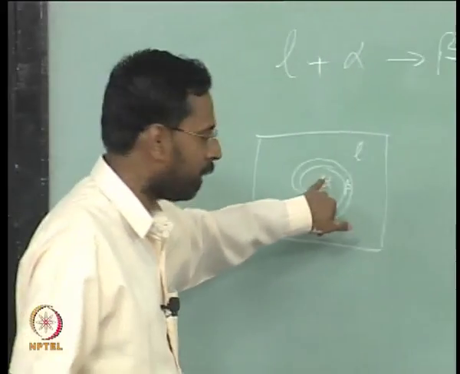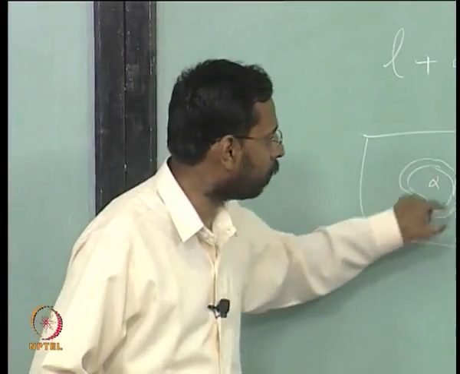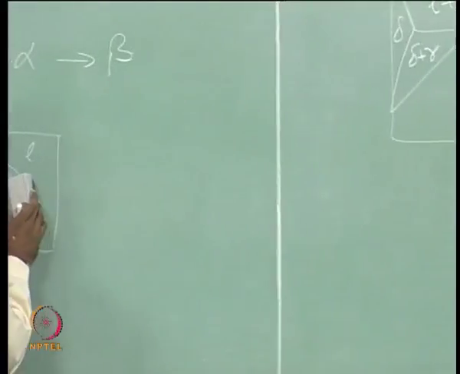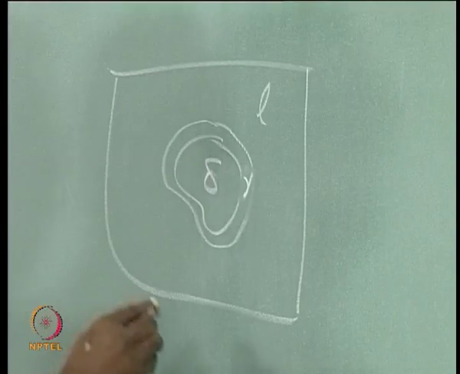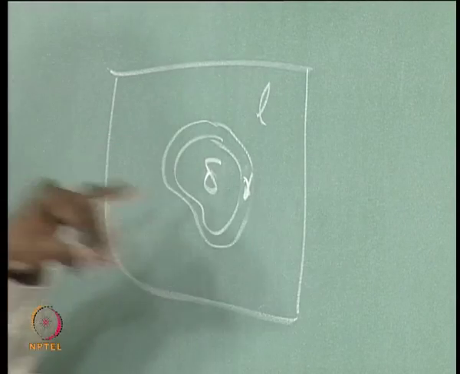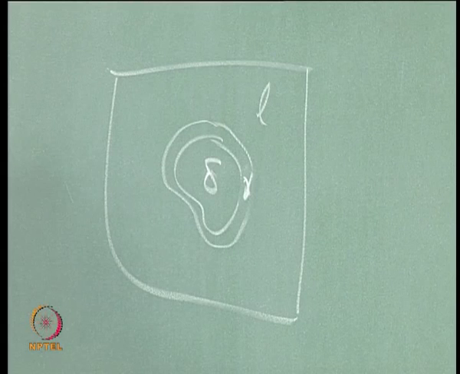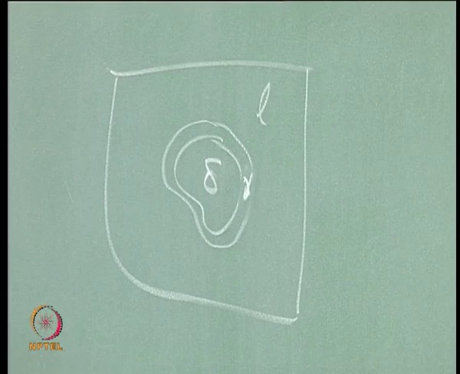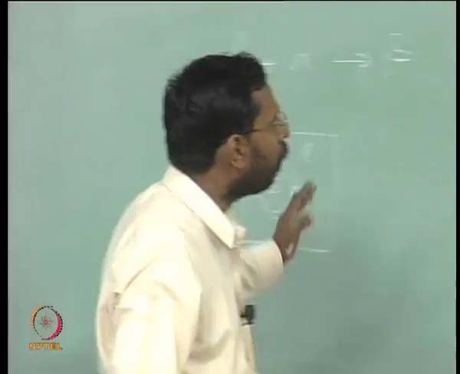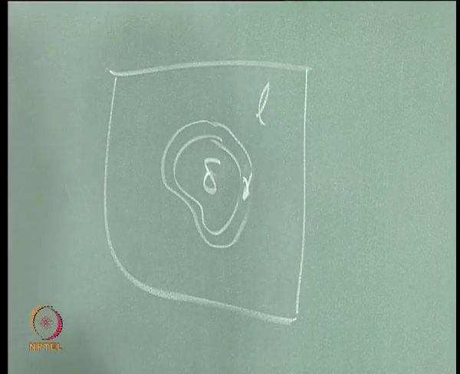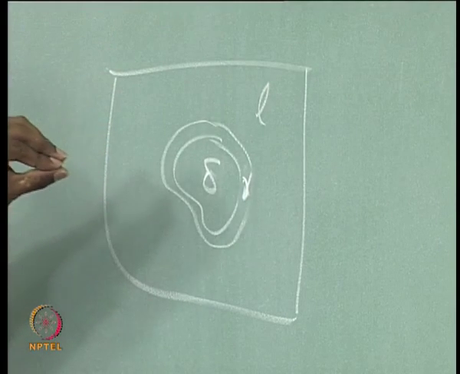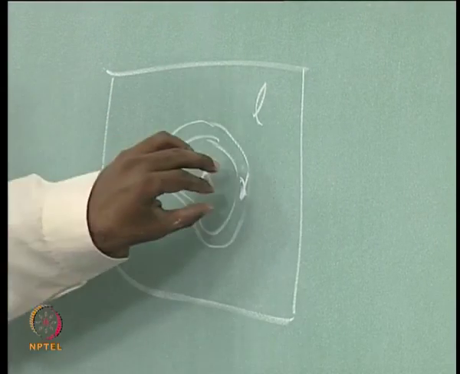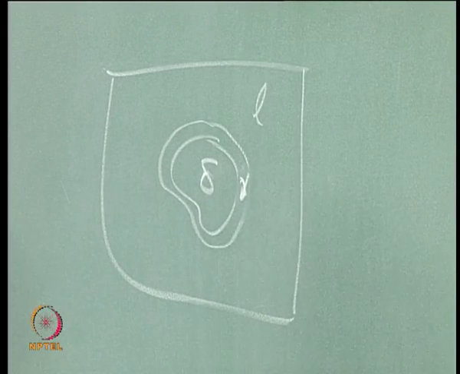But what we are seeing here is, the moment there is a reaction, the gamma that forms, I will write it as gamma here for the sake of that particular case. So, this is what it is. Liquid plus delta giving you gamma, and the gamma that comes out covers the whole of delta, because that is where the reaction is occurring. So, the moment the delta is completely covered, there is no possibility of further reaction between liquid and delta. The liquid slowly shrinks and the delta also slowly should shrink, such that the gamma should encompass both the liquid and the delta.